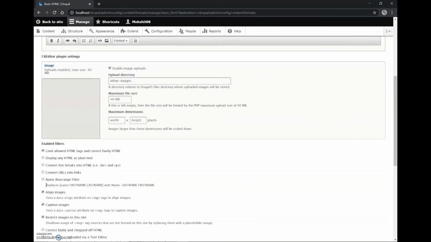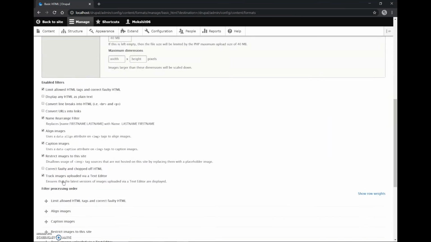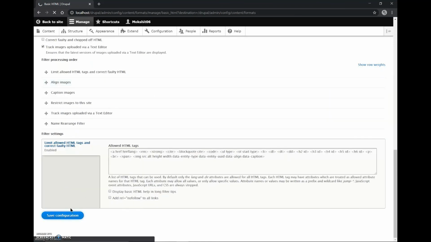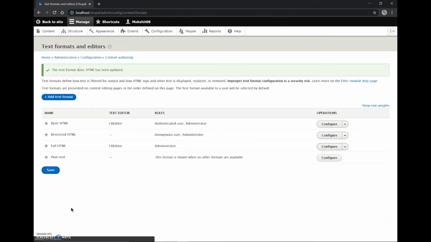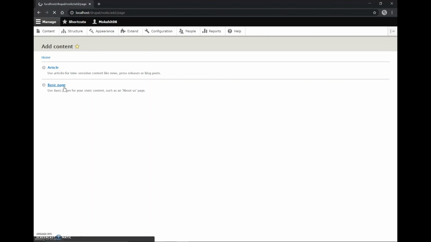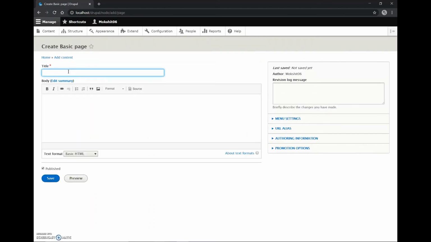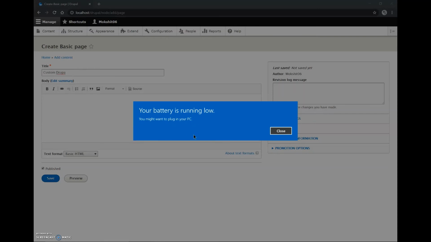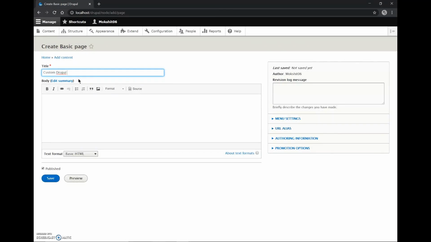Yeah, as we can see, our module is here: Name rearrange filter replaces name, first name, last name with this. Okay, so I'll enable it and save the configuration. Now our module has been configured, and I'll show it working by adding content. Add content, basic page. Custom Drupal filter,